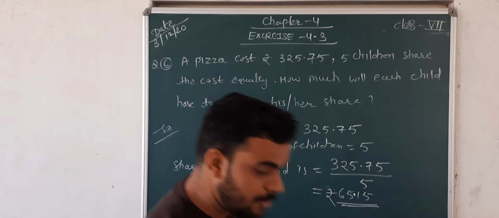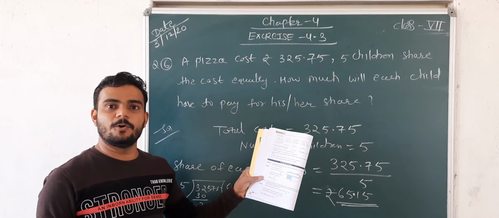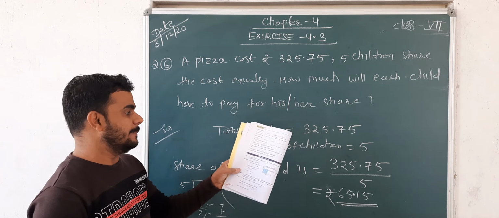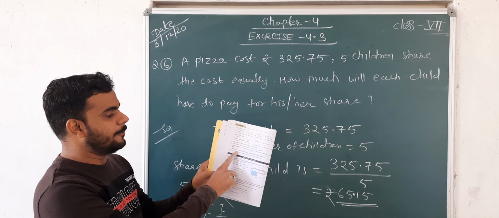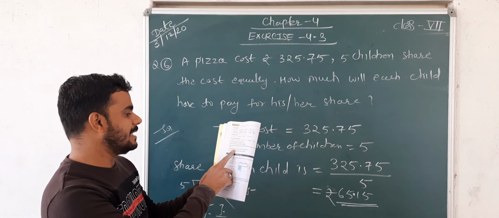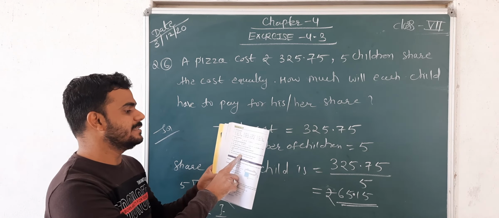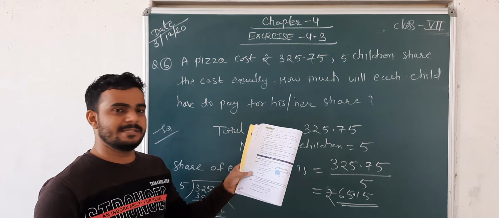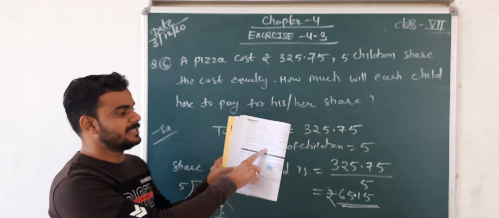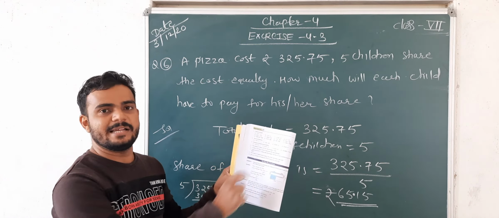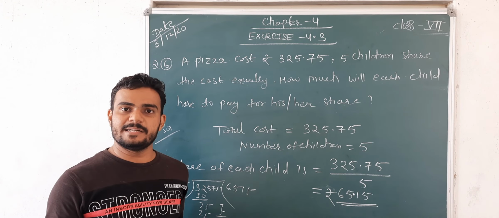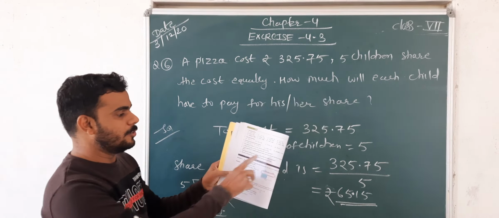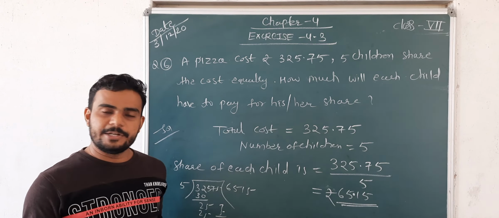And the last two questions, just see, 7th and 8th are your homework. It is very simple like this only. The weight of 12 slices of cheese is 246 ग्राम, मतलब 12 स्लाइस का जो वेट है वो कितना है 246 ग्राम है. What is the weight of each slice? You have to find the weight of each slice. It means you have to divide. So 246 divided by 12, then you get your answer.